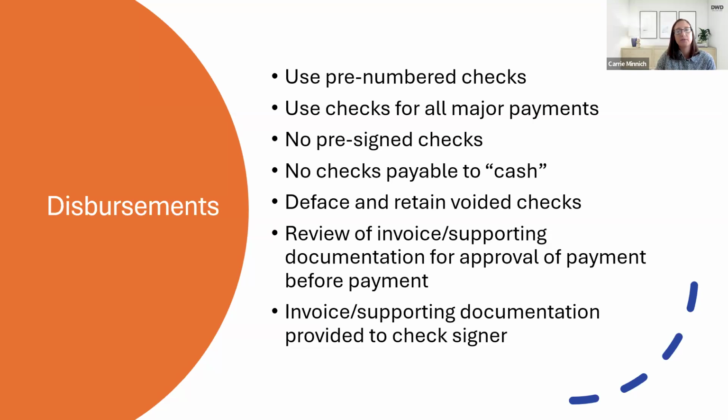So what can we do related to disbursements? First, use pre-numbered checks. We want to make sure that we can account for all the checks, whether they've been issued, whether they've been cleared, whether they've been voided. So making sure that all checks are pre-numbered and accounted for. I have noted sometimes clients will have different bank accounts at different banks, and they will use a similar numbering system. I would recommend not doing that because that can also get kind of confusing. So the key here is that you want to make sure that you can account for all of the checks that you've issued.